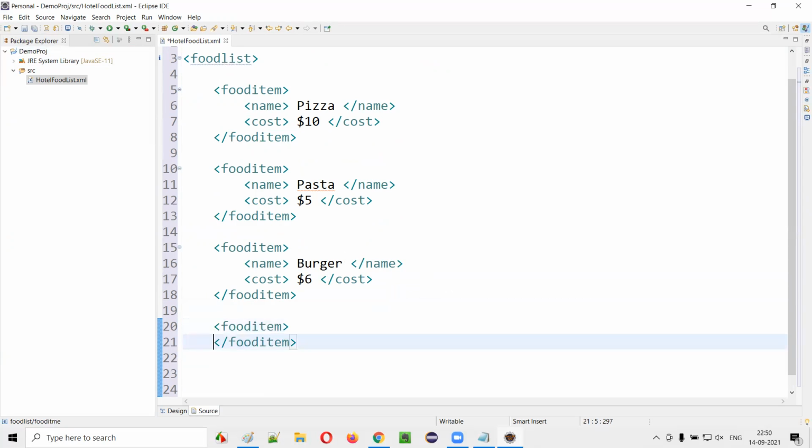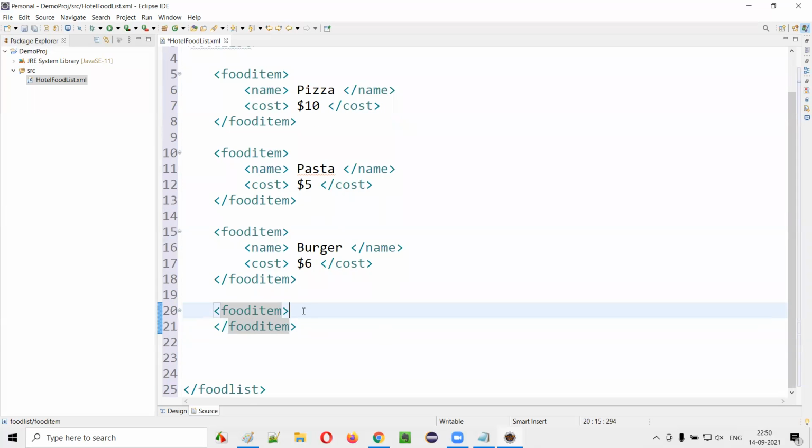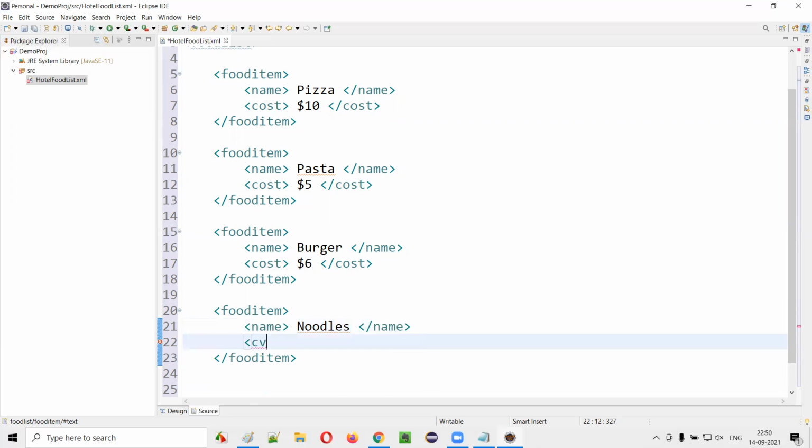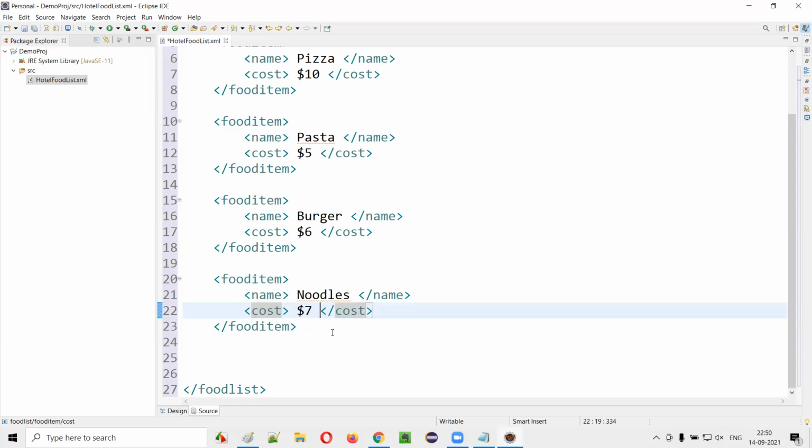After typing, we can cross-check whether I'm making any mistake or not here. So name, noodles, cost of the noodles $8 or $7, let's say, or $8. That's not a problem. And food item,